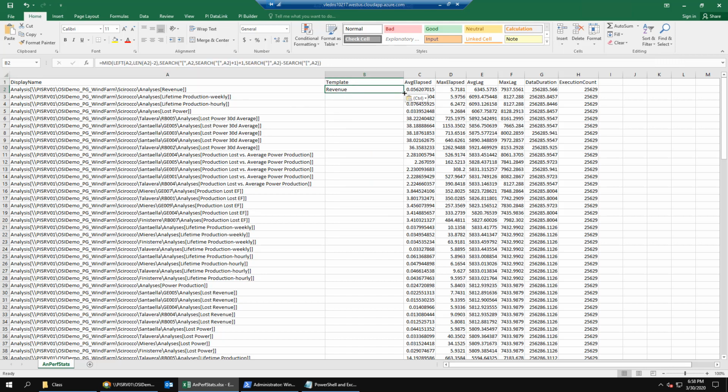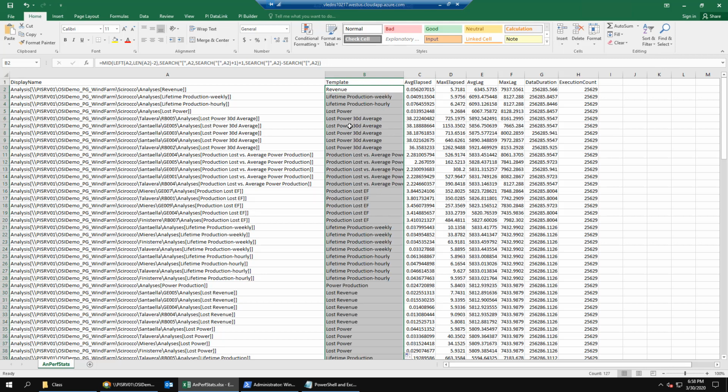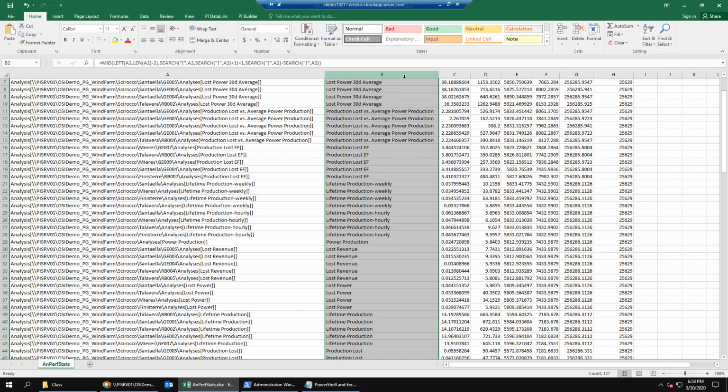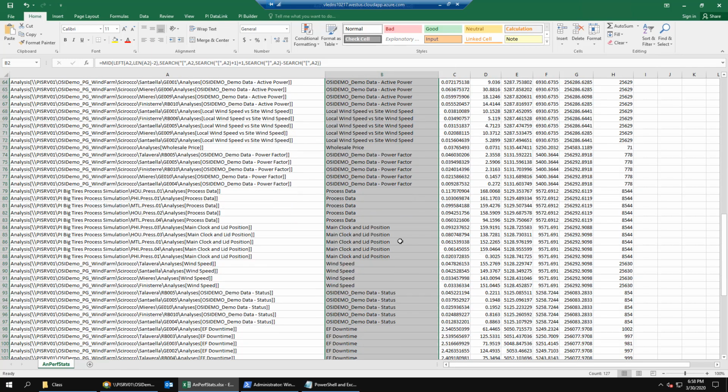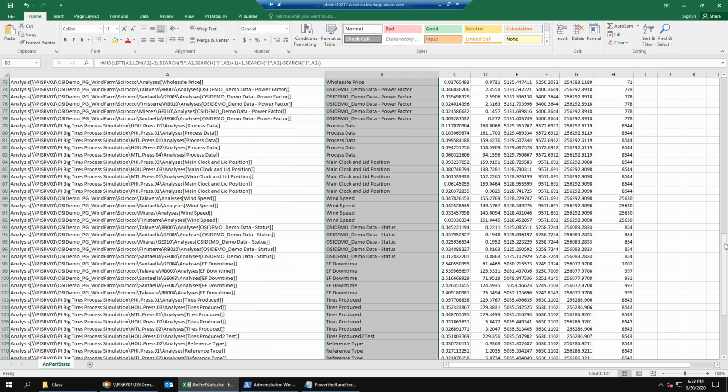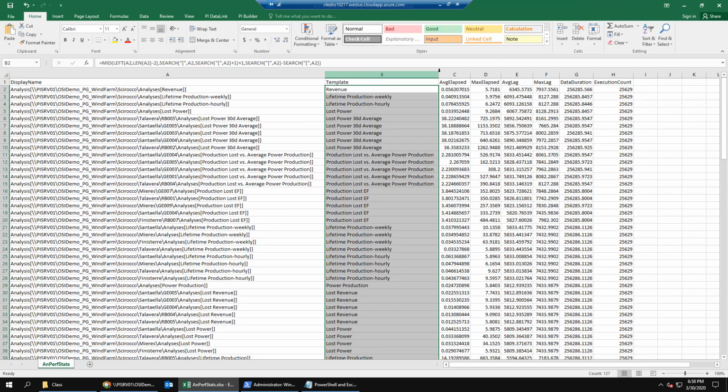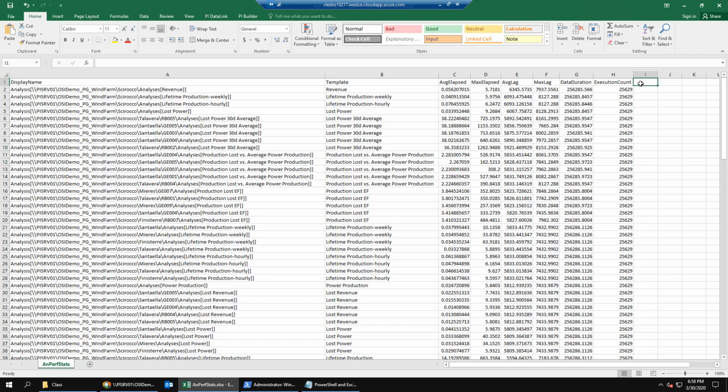Next, we're going to create another column that is our average triggering interval. So to the right of execution count, we're going to create a column called average trigger. And we're going to get the average trigger time by dividing the data duration by the number of times that the analytic executed.